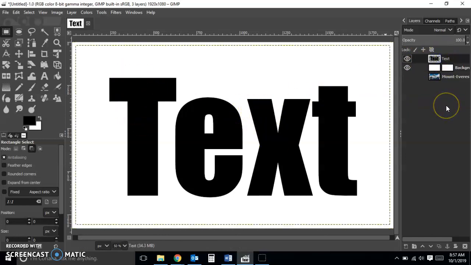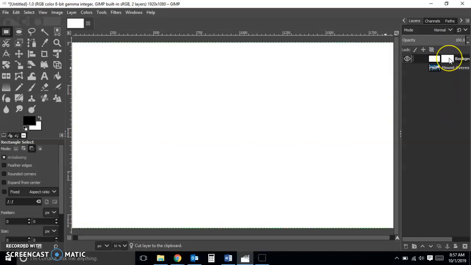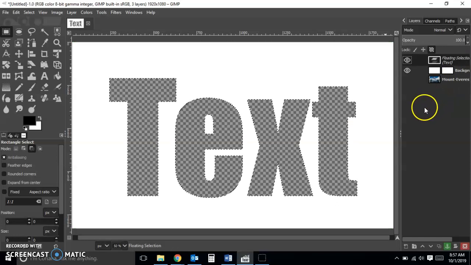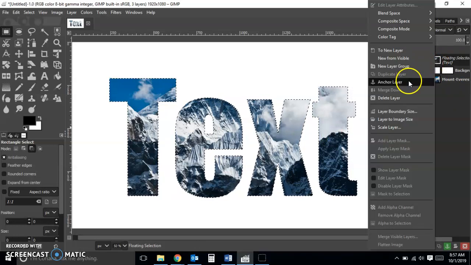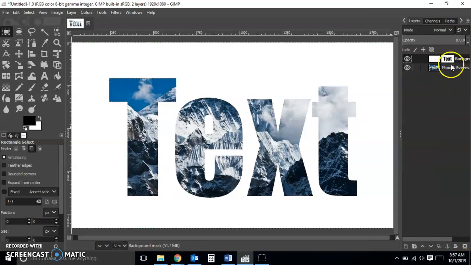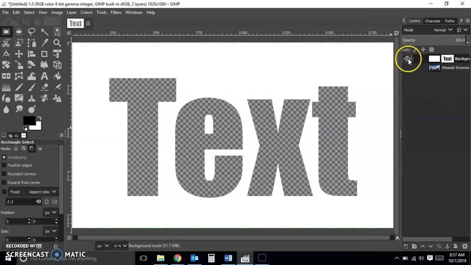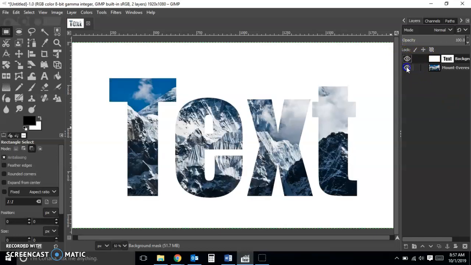So I'm just going to cut this, Control X, and then I'll make sure I'm clicking the layer mask on the background layer, and then I'm just going to press Control V for paste, right? And immediately I have that. When I make the Everest layer visible, immediately it will be showing through, right? So the next part is I can just anchor this layer if I want to. So now it is anchored on the layer mask for this plain white layer, and I'll have this effect. Very